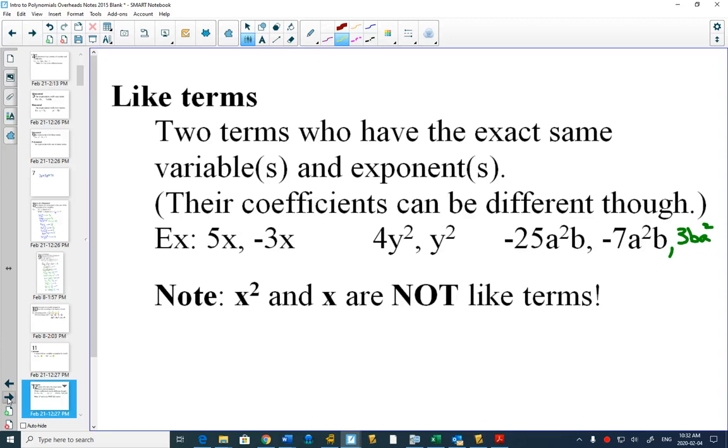But x squared and x are not like terms because this one doesn't have an exponent, even though they have the same variable. It doesn't matter the order, but as long as, like,